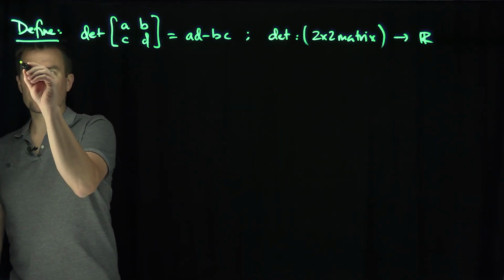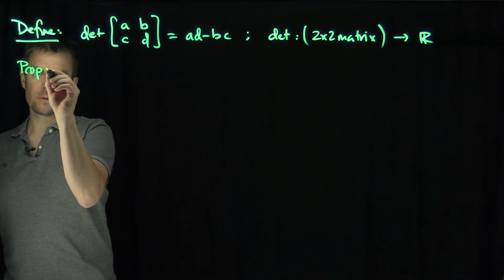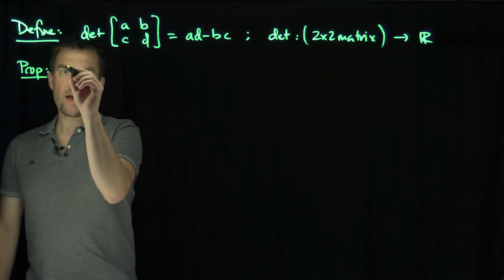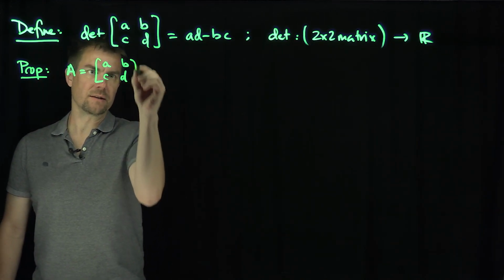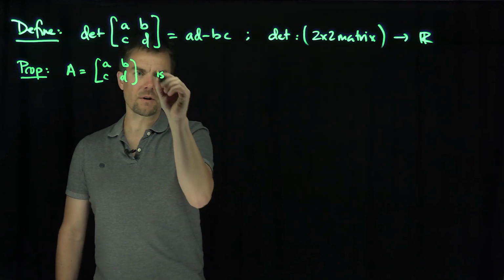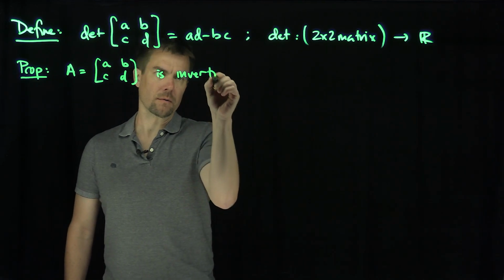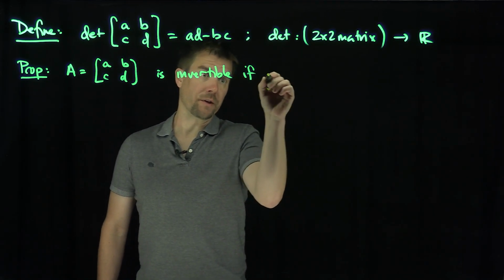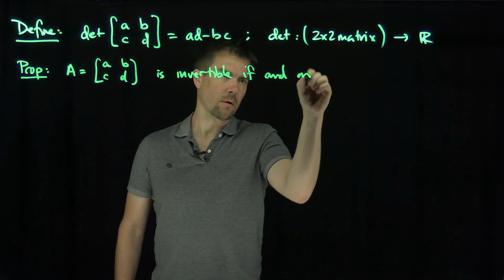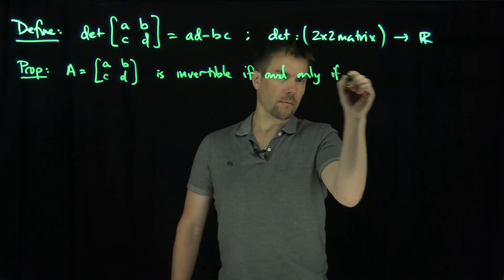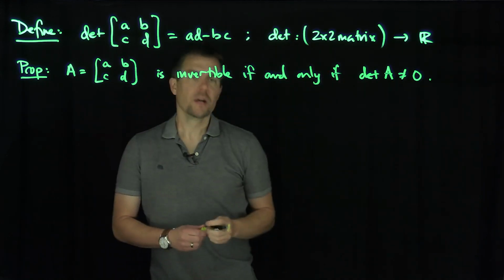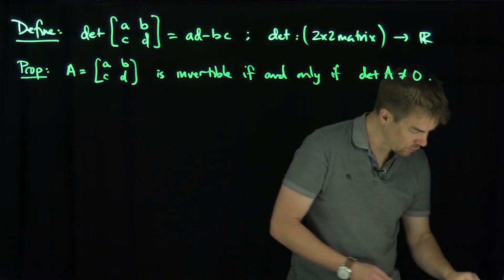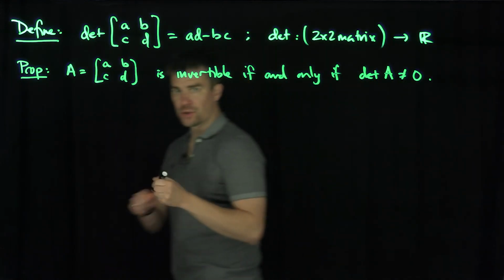So here's a proposition about determinants, which relates it to the invertibility of the matrix A. So A, which is A, B, C, D, is invertible if and only if the determinant of A is non-zero. And so let's prove this. To prove this, it will illustrate something we'll see in a further video, this notion of an adjugate